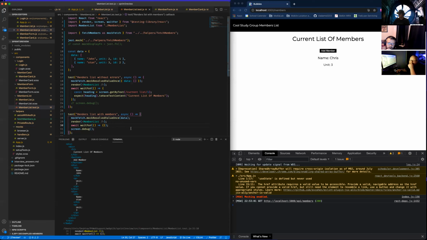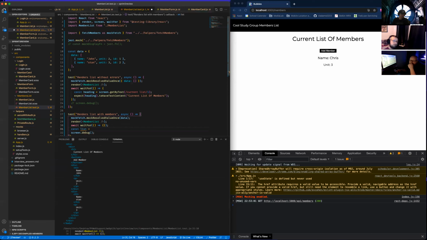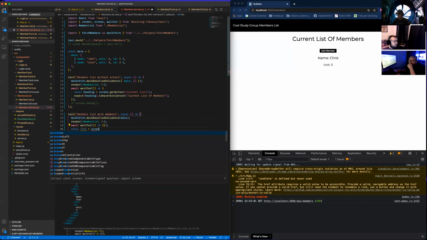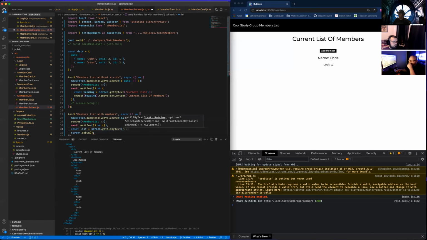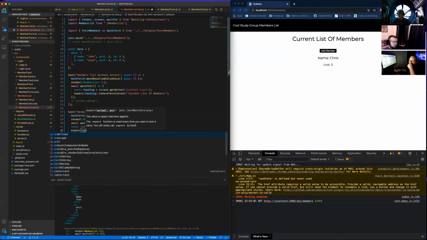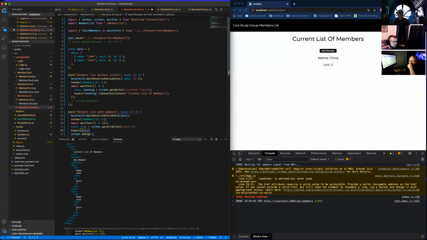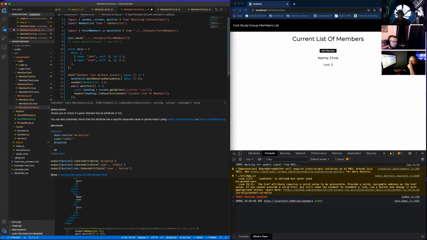If we wanted to check something, we could say const list equals screen.getAllByText, and here I'm just going to look for unit, because I know there should only be 2 units in there, and then I can expect list to have